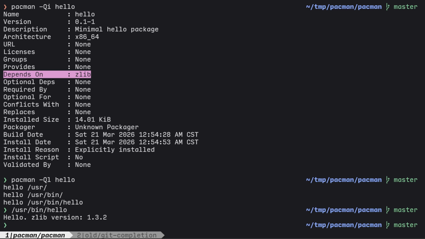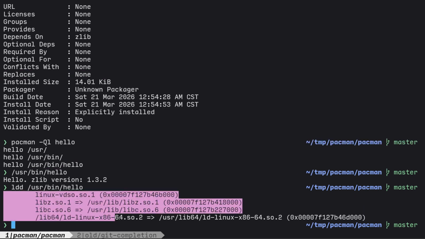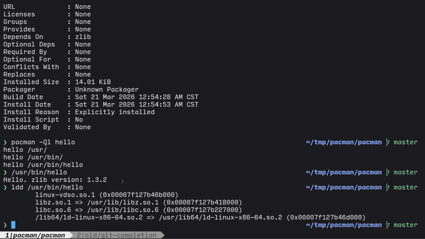Because in Linux, you have shared libraries, and this is the most complex shared library system that I have seen,